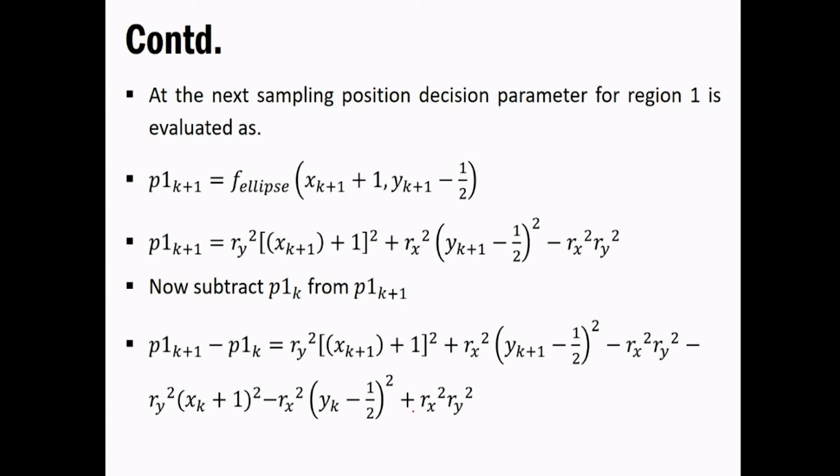So that is what you have to keep in mind, else everything remains the same here. There should be no doubt up to here because it is a very simple thing that we are following. How many things do we have so far? The first thing we have seen is one equation, one condition you can say, to check whether we have to switch from region 1 to region 2. That is the first thing we have in our hand. Another thing we are trying to get is the decision parameter at the intermediate positions. We'll do this and then try to derive the initial decision parameter for the ellipse generation algorithm. This is what you have.